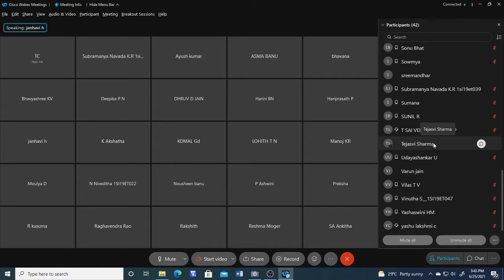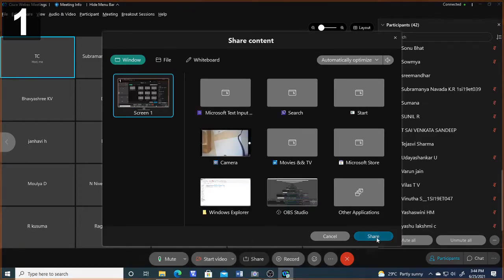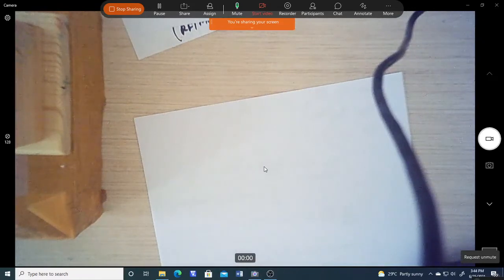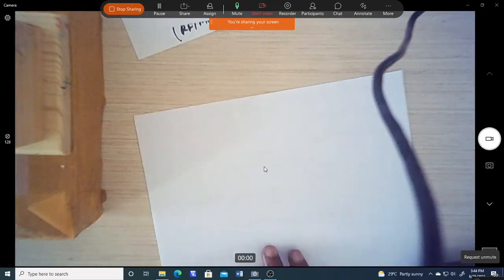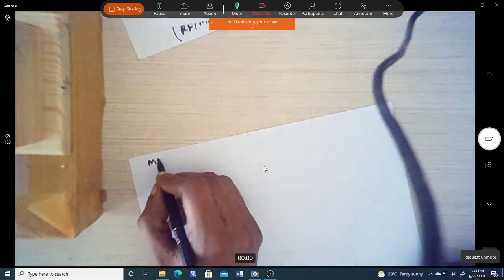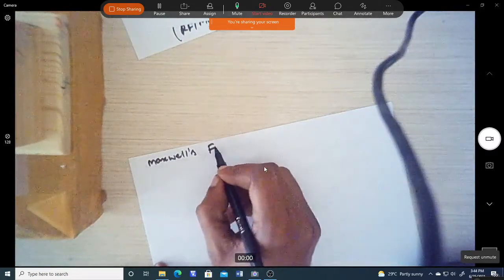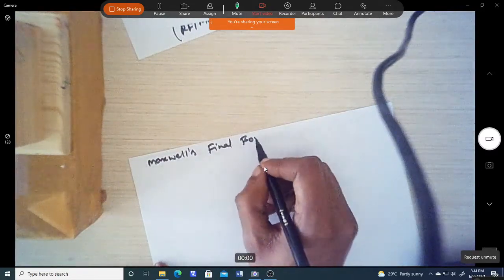Okay, so if you find out that value, that is the value of omega. So now we will summarize all the time varying fields of the Maxwell's equations. We have summarized the Maxwell's equations for the time varying and the static field. So we will do the final form of Maxwell's equations, which applies for the time varying case as well as the static case. So that is Maxwell's equations final form.